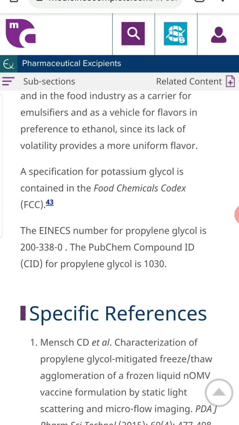Many people are unaware that Medicines Complete has the Martindale database, which is also one of the major databases given in Micromedex. Along with this Martindale database, it has multiple other additional options, including all these pharmaceutical excipients and the Orange Book.